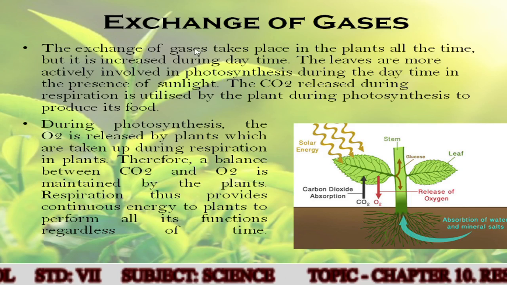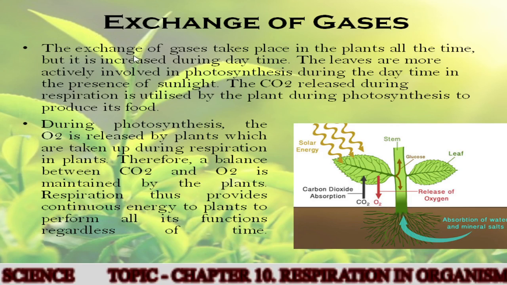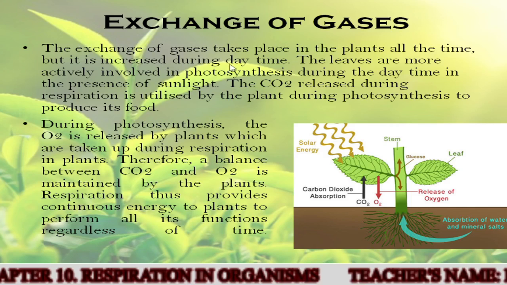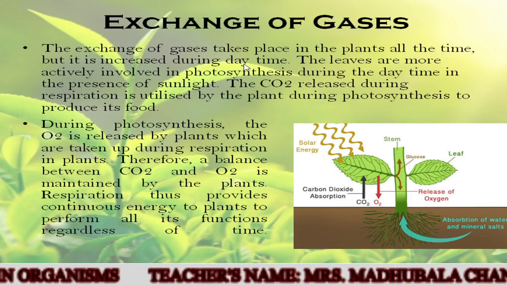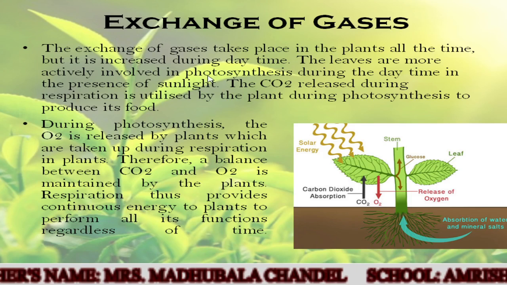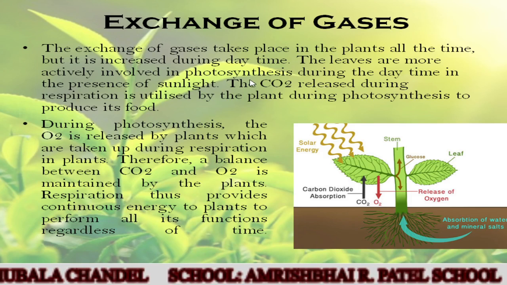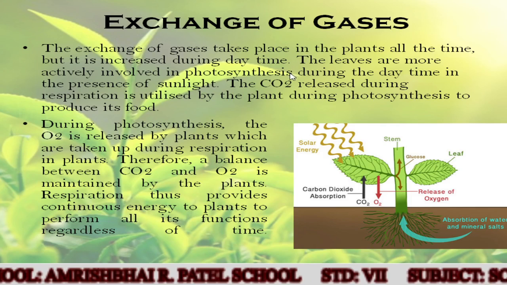Now, in the forest, human beings are not living in the forest, correct? So, how is this carbon dioxide available to the trees in the forest? It is because of the respiration process which the plants do during the night time. The leaves, when they are actively involved in photosynthesis, require this carbon dioxide, which is available near the plants or in the atmosphere due to respiration.